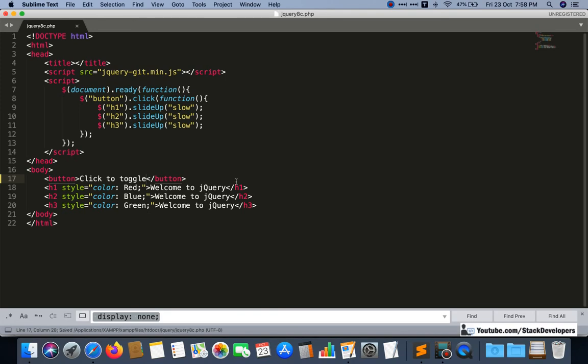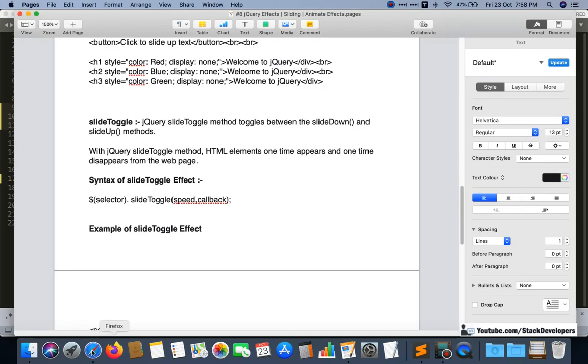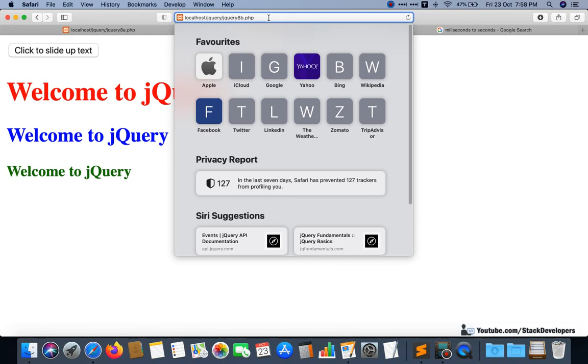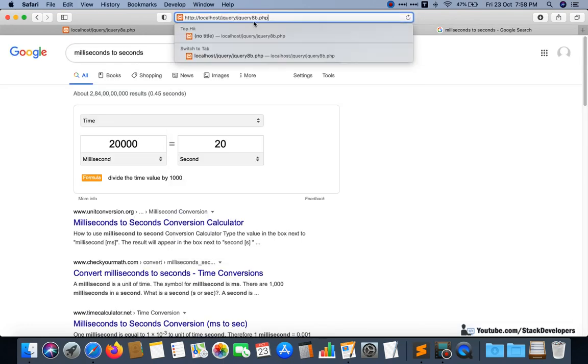Here I will mention it like this, and here I will change it to slide toggle. Fine, now I can try this one. I will now open in a new page once again. In place of this one I can open 8c.